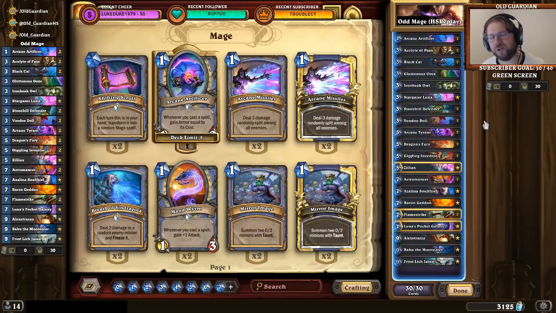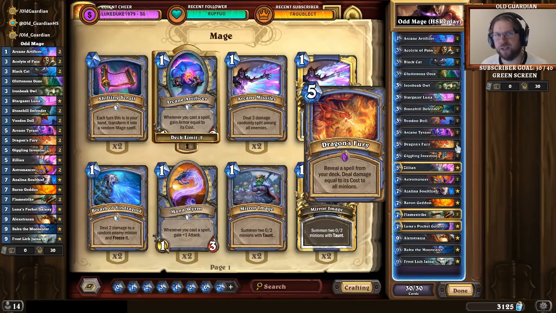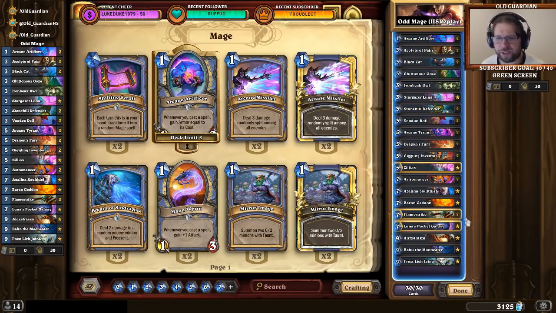On the other hand, let's say you're facing a zoo and you ping away flame imps and things, and if you can find the Dragon's Fury, you can survive the early game much better than Big Spell Mage, and if you then hit your removal, you can actually win games that Big Spell Mage cannot win. And likewise, say you're playing against something like a Hunter deck, and okay, you don't have Polymorph, so you're weaker to the Deathrattles, but if you can manage that, and you get to play Luna's Pocket Galaxy,